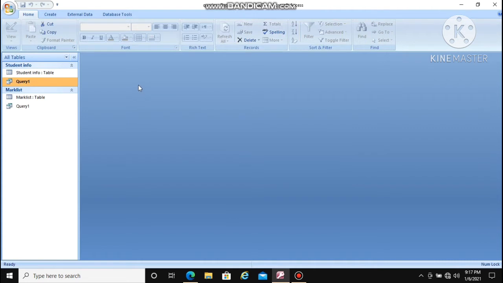In that, we have seen how to create a query, and also we have seen how to set the relationship between two different tables. We have seen two different types of query, like a simple criteria query and a multiple criteria query. I hope you understood. If not, you can ask the question in the group, or else you can repeat the video. Now in this period we are going to start the new chapter, that is forms.